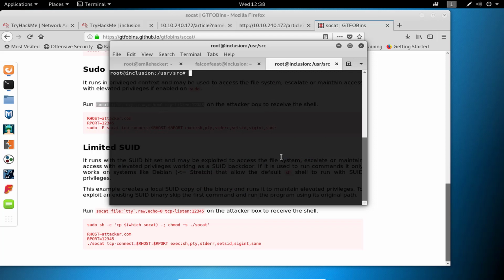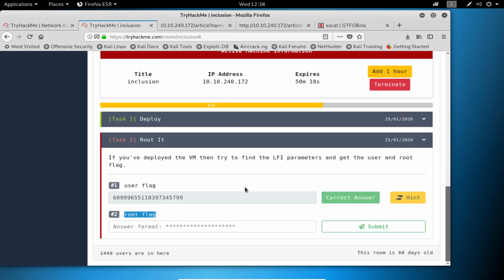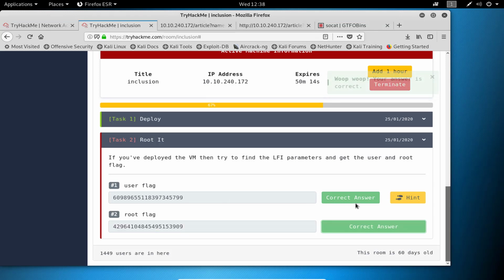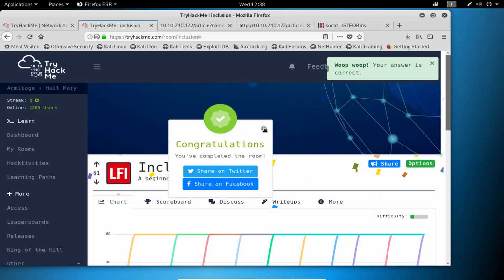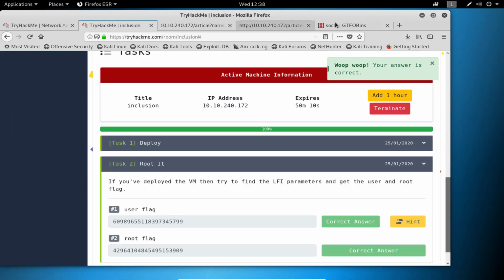So we missed the directory. cd /root, ls, cat root.txt. So here we got the root flag and we are going to submit it here and go. So congratulations, we just completed our lab.